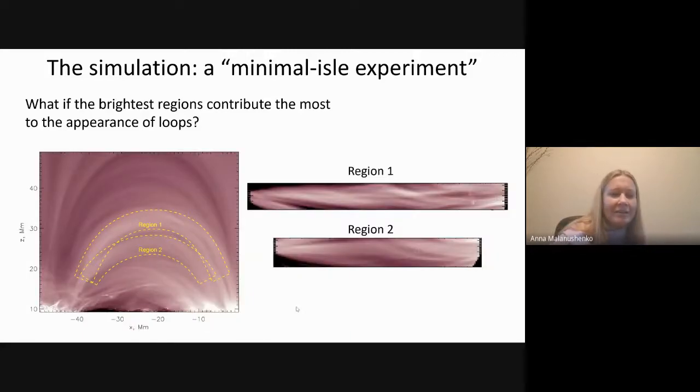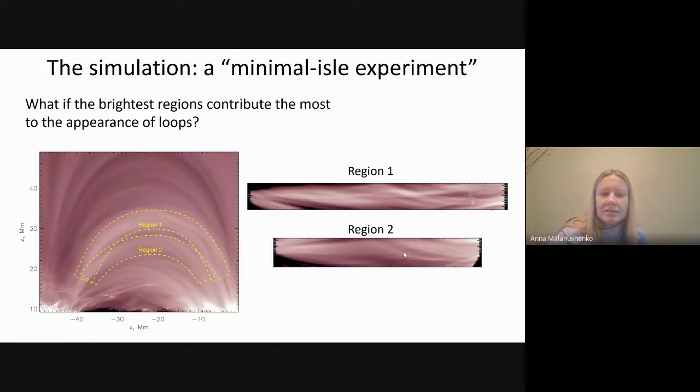Well, I chose two regions on one of those two loop bundles from the simulation, region 1 and region 2. And here they are straightened out, in a sense, and you can see a certain picture of the coronal loops that are thin and long, and they overlay onto one another.